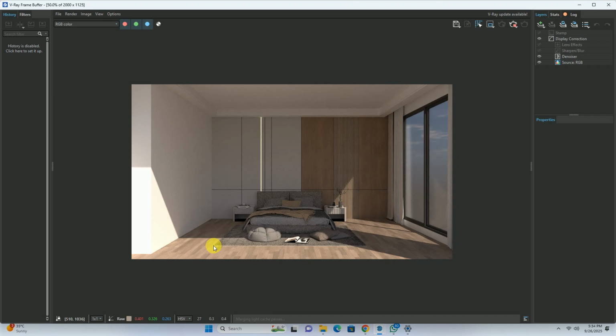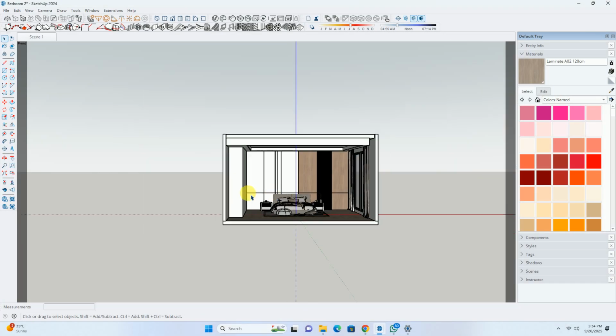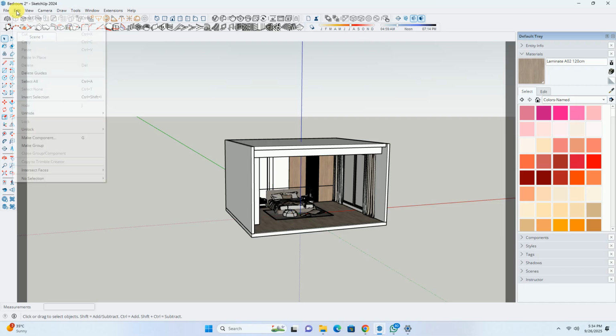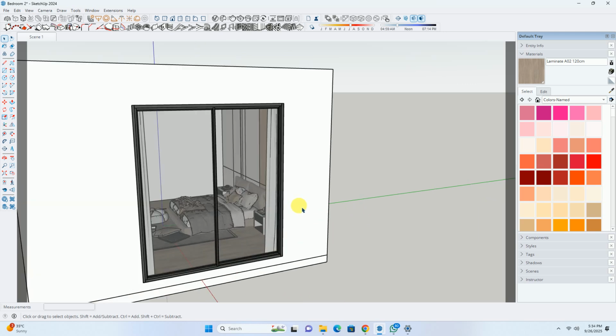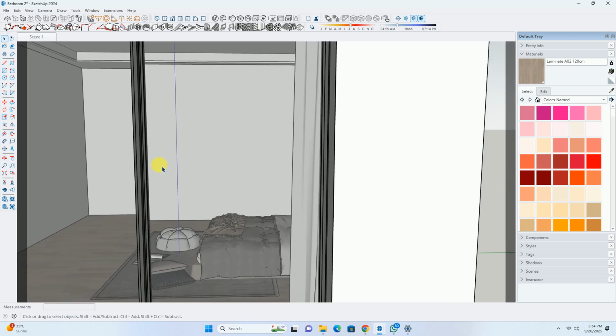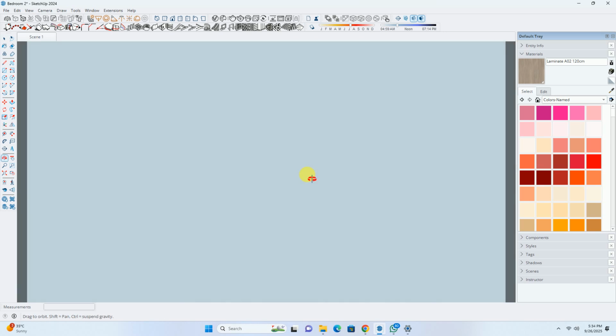Sunlight won't be entering from this direction. So to make sure, what we are going to do is first of all hide all these things. Now we'll set up the camera inside the room. For that, I'm moving the mouse in an inward direction.